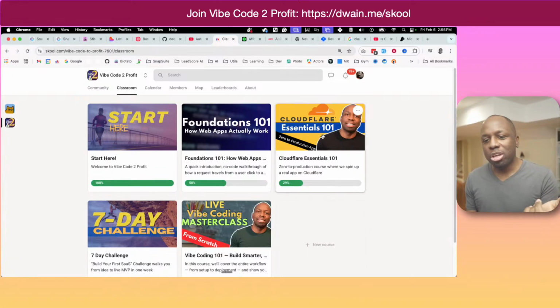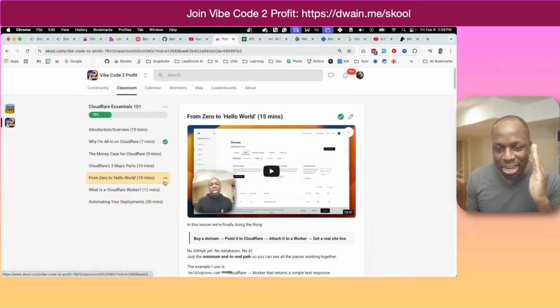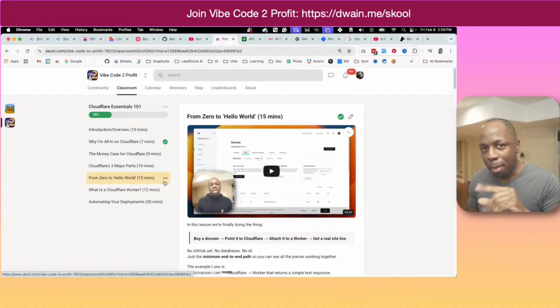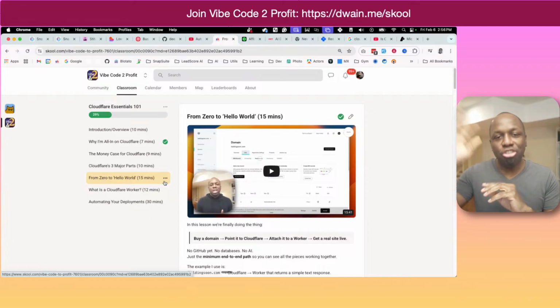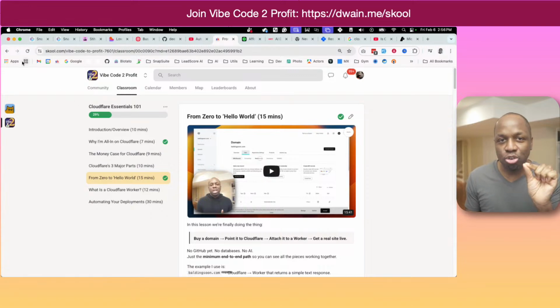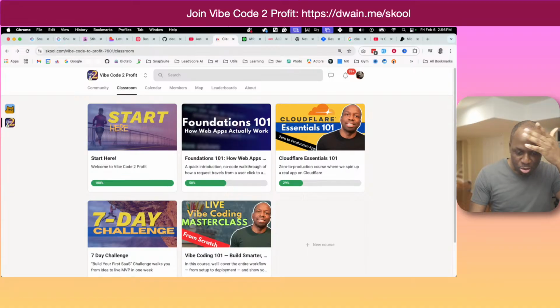That being said, after that, go watch the Cloudflare 101. I literally walk you through how to register a domain name on Google, point it to Cloudflare, upload your files to Cloudflare, and launch your first website. And then from there, it goes into more advanced stuff to show you how to build out a really complex, scalable application. So when I say I'm starting from zero, I literally mean it. Okay, so go check it out, Mr. Solomon. We'll go from there.